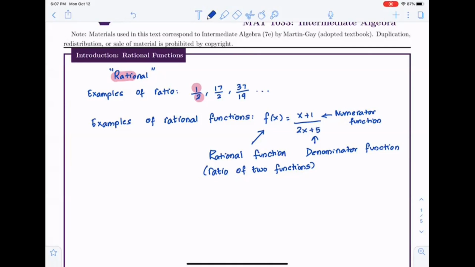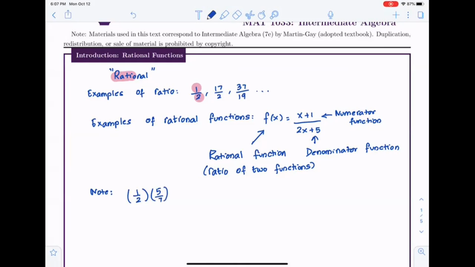But there are a few things that are important when we deal with rational functions. So I'll explain it with numbers, and then I'll use a rational function to explain the concept as well. So note, when we multiply 1/2, say, by